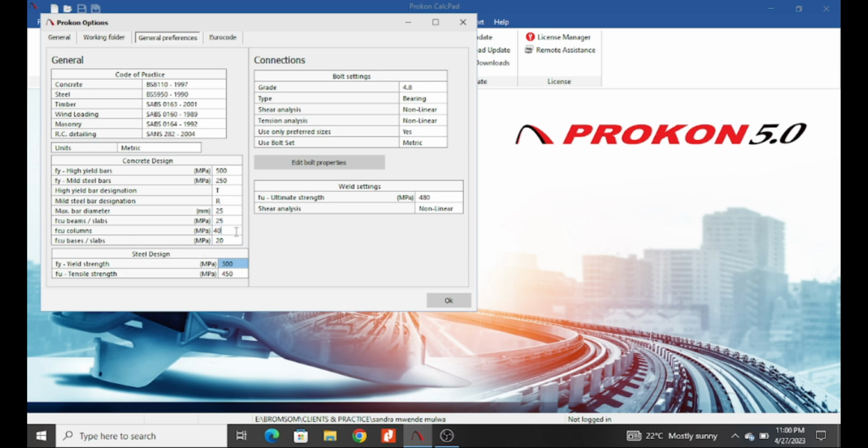For columns, you can also state the ones you want to be generally using. And then for bases and slabs, you can also state the class you will use. Actually, it is preferred that you use the same class so that quality assurance and material testing becomes orderly, and it's better for you to check your work on site. Because once you state different classes of concrete, by class we mean the compressive strength of that concrete.